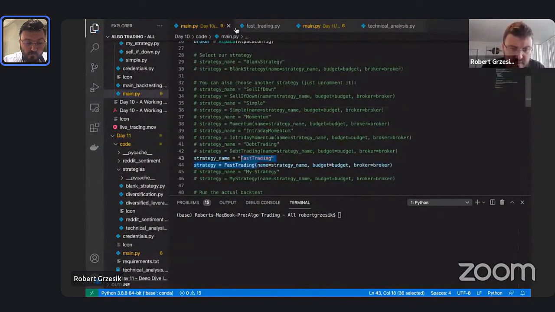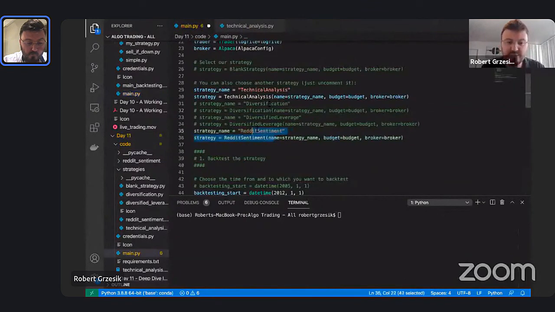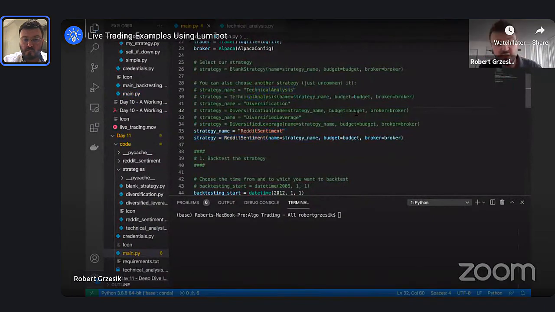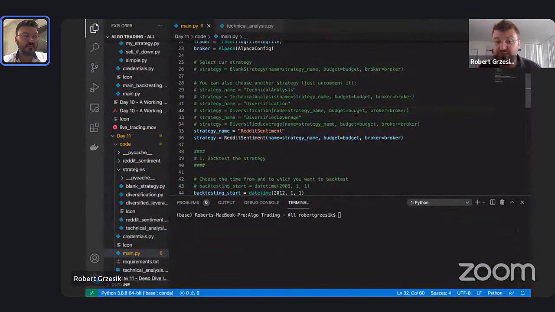Okay, we're going to get out of this. So this is a strategy that we call Reddit sentiment, okay? If you join our classes, you get access to this strategy within our classes, right? We'll give this to you. You can use this, you can modify this. It's part of our library of different algorithms, right?